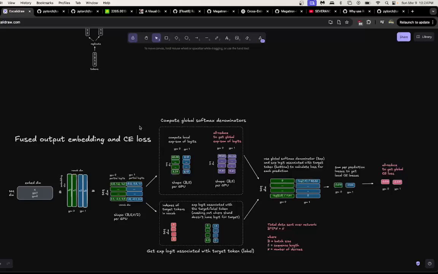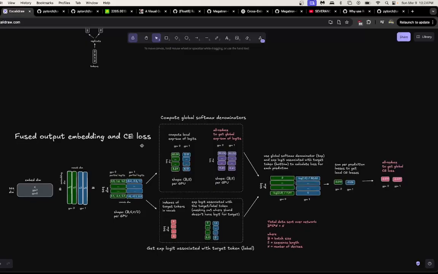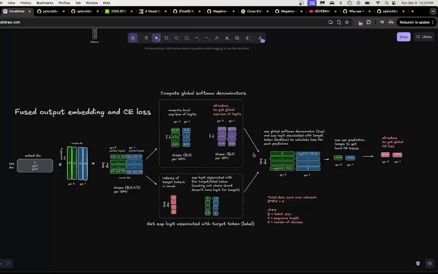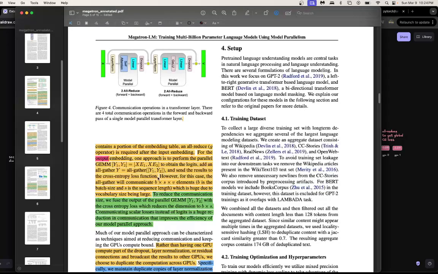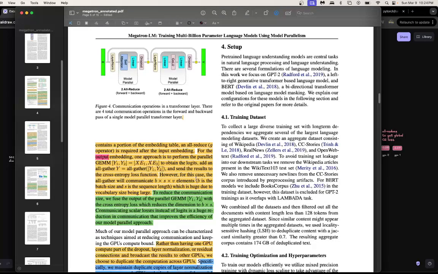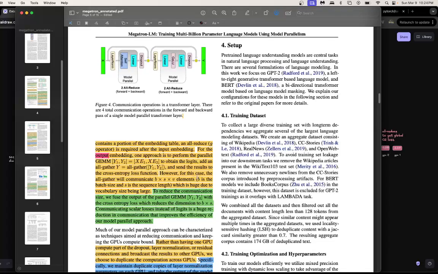They also have an alternative formulation of cross entropy. It's mathematically equivalent. I'm not sure if it's more efficient, but anyways, this is what I've come up with that I believe is what they're trying to say in this paper. So if we just take it one step at a time, the goal here is that they're saying, and even the way they phrase this is extremely ambiguous, I think what they're saying is, because they say communicating scalar. Let's take it one step at a time about what I think, and then what I'm going to show in the diagram. They say